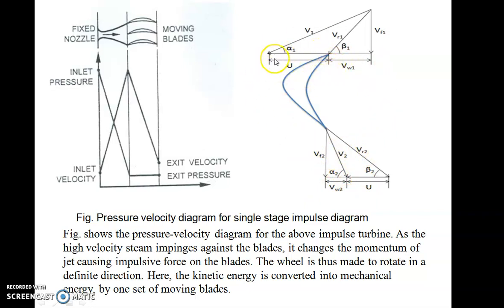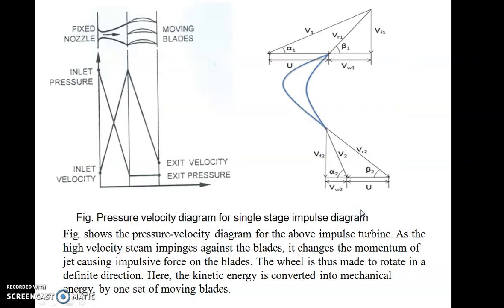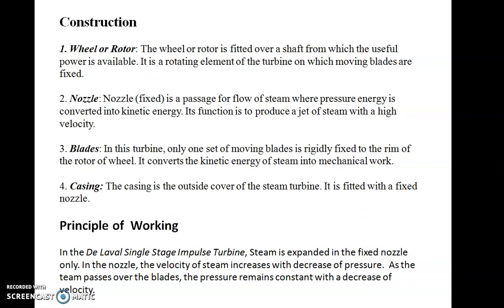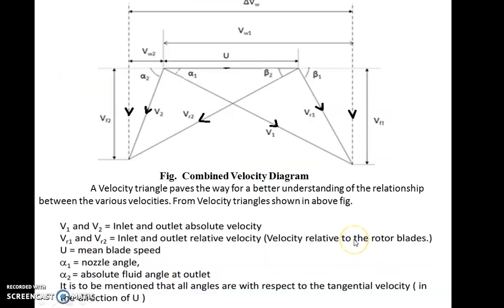Here u remains constant, u is not changing, because if you see the inlet and outlet from this diagram, the inlet and outlet are at the same distance from the turbine shaft. If you see the center line of the shaft, the inlet and outlet of the blade are at the same distance because it is entering axially. So the points 1 and 2 from the center line of the shaft are at the same distance. That's why u1 is equal to u2 is equal to u.